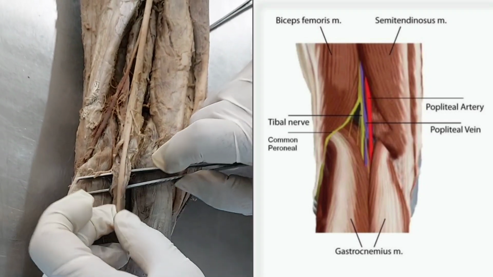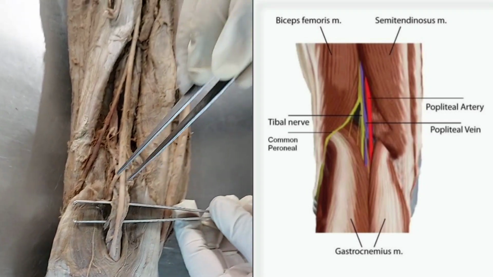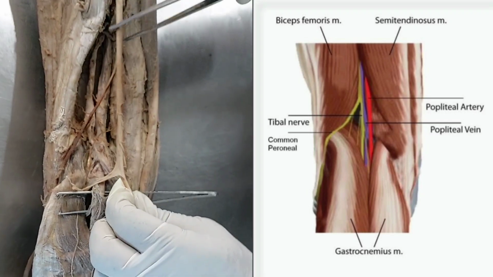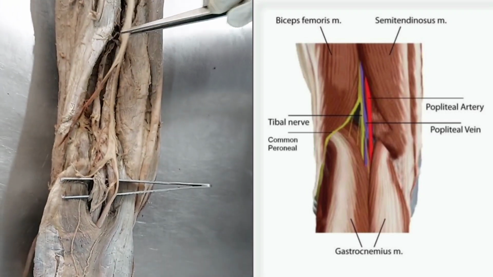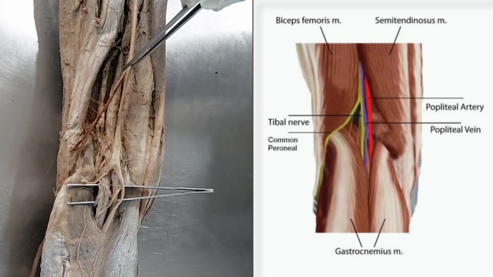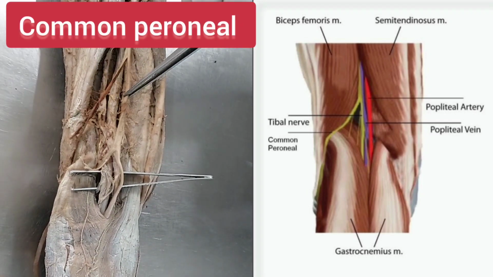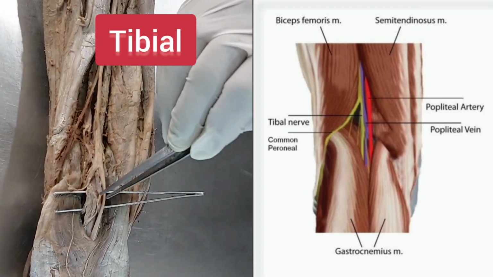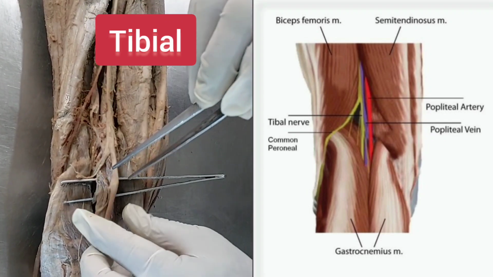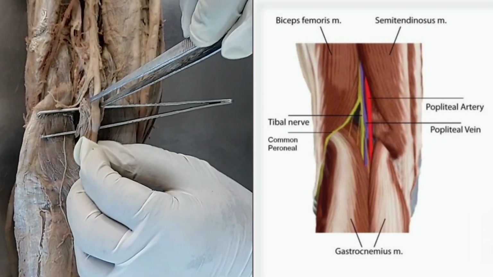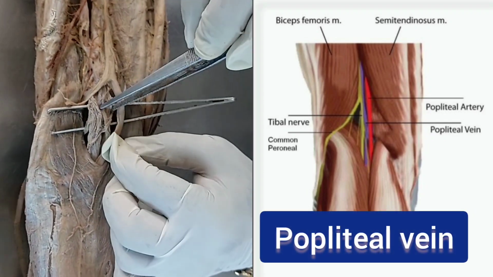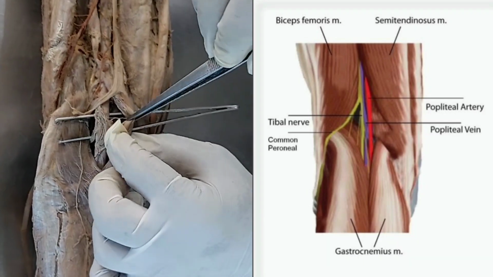If I pass a forceps deep to this, you can see this is the tibial nerve, this is the sciatic nerve. If you see the sciatic nerve, it divides here, one into the common peroneal component and this one the tibial component. So here you will get the tibial component of sciatic nerve. Deep to which you will get the popliteal vein, this one, and deep to it is the popliteal